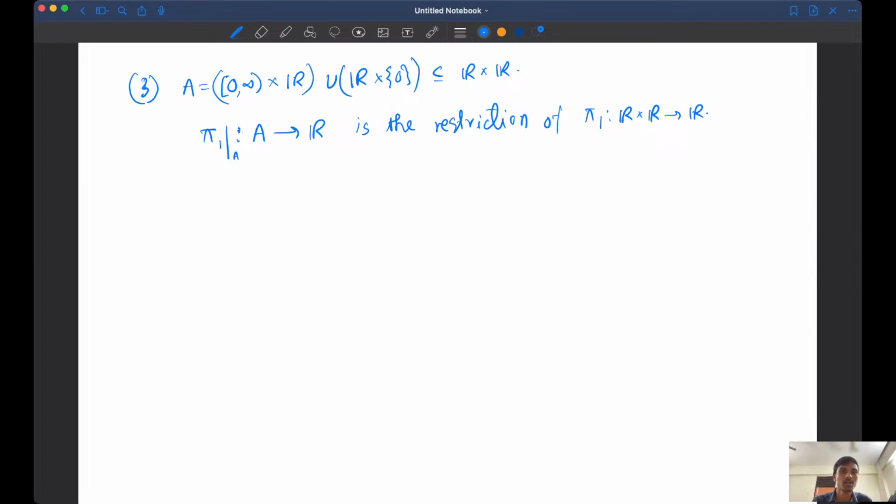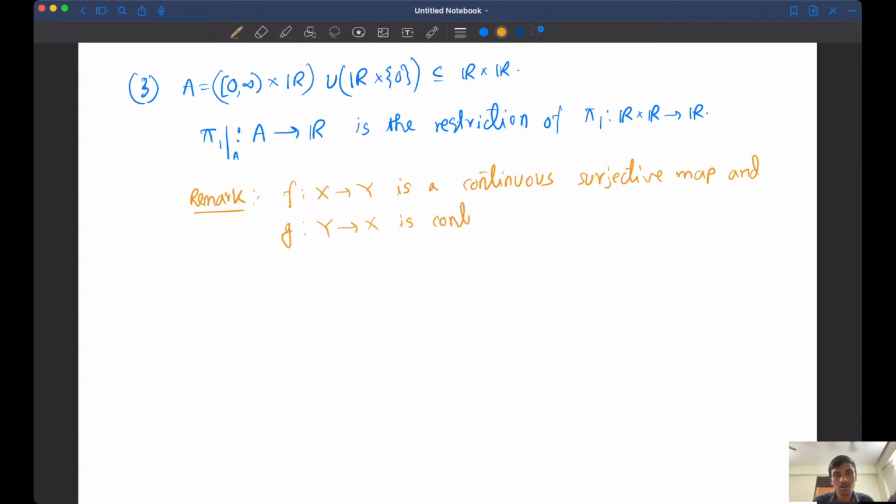Fine. Now here actually you can again check that this is a quotient map. Another property for checking a quotient map is this thing. Again I'm just remarking on it. Suppose f from X to Y is a continuous surjective map, and g from Y to X is continuous, such that f composed with g